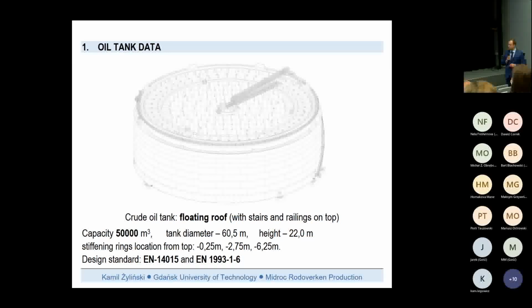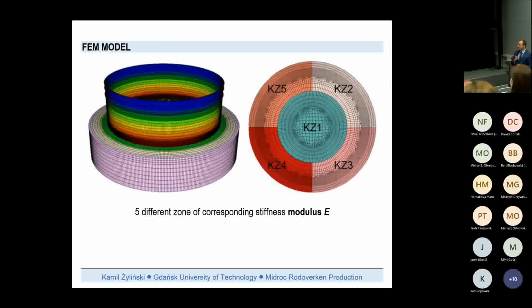By the deterministic approach, it was designed using EN 14015 and Eurocode for stability of shell structures, which is very well known in the engineering field. And then to implement the sensitivity analysis, a 3D model of this tank was built in